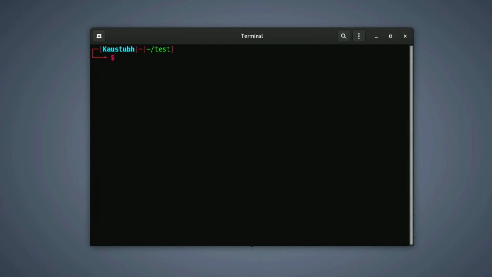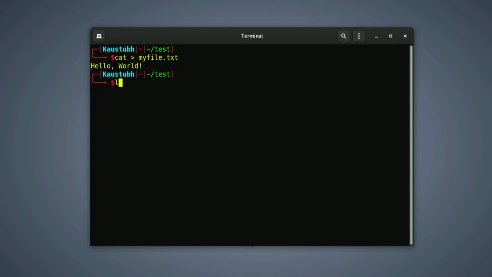Now there is another command, which is the cat command. To use it, just type cat, greater than sign, then the file name. For example, let's type myfile.txt, hit enter, and type any text you want, like hello world. Press enter and press Ctrl D to exit from it.